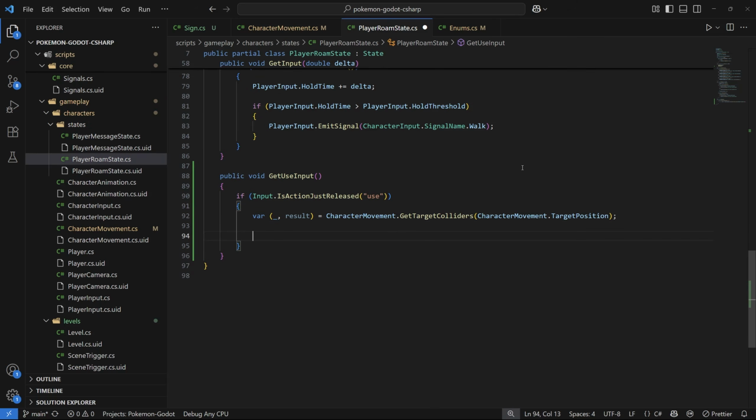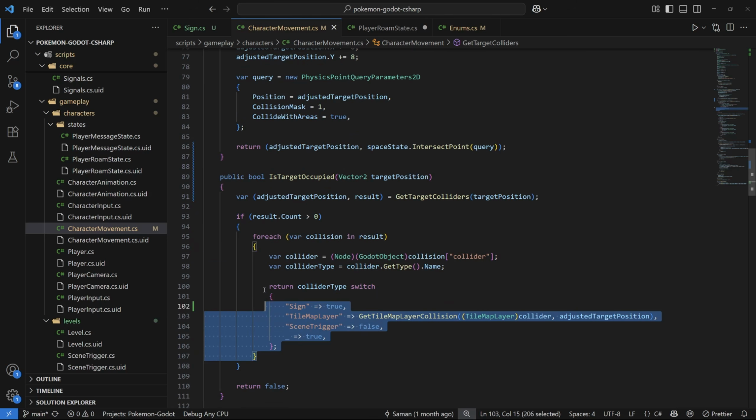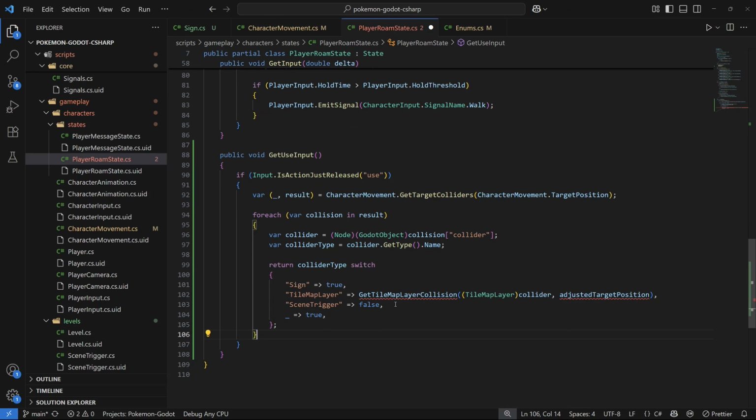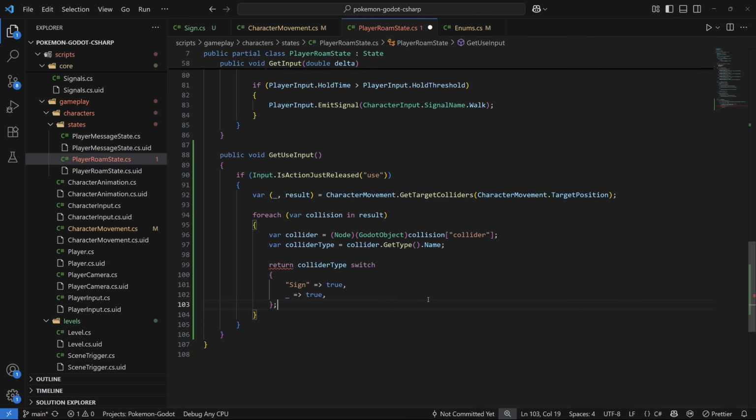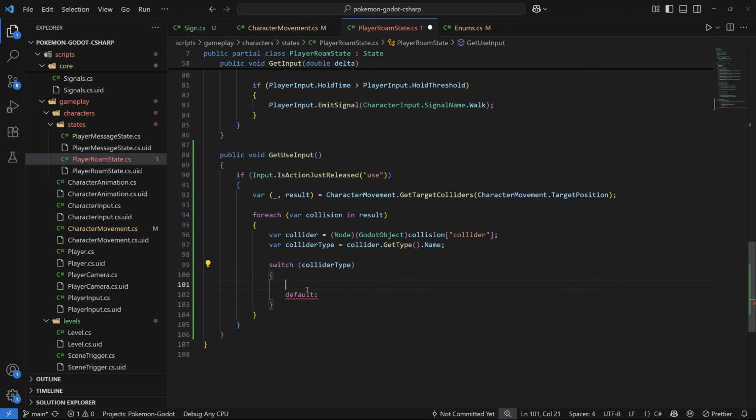And then what you can do is a similar copy and paste from your character movement. So let's grab this. We're just going to modify it a little bit. We're going to put this in here. I don't care about anything else inside of my collider except for the sign. And we don't want a return switch. We just want a regular switch case. So we're going to switch on our collider type, and then we're going to make one case for the sign. So let's do case sign